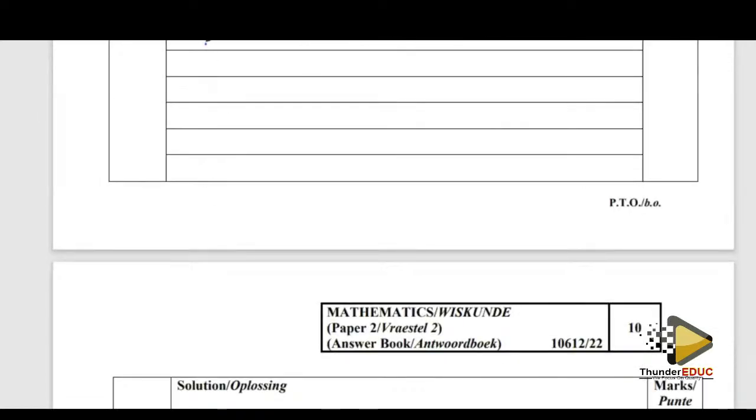Okay, so we said (x − 2)² + (y − 1)² = 18. And then we have y = x − 1. So where there is y, I'm substituting. Let me just substitute. So I'm going to have (x − 1 − 1)² = 18. Open this up, I'll have x